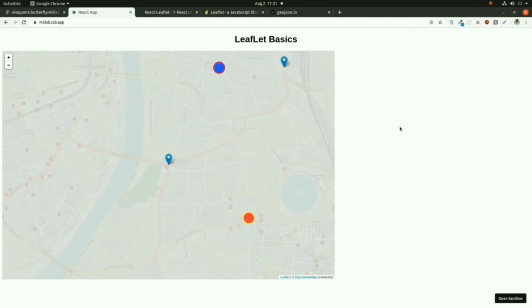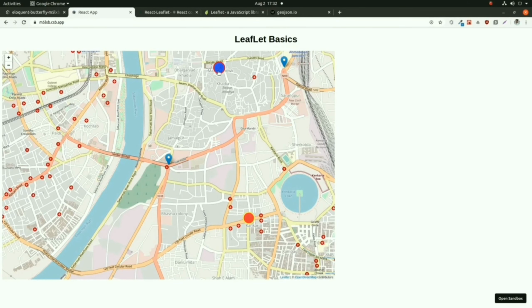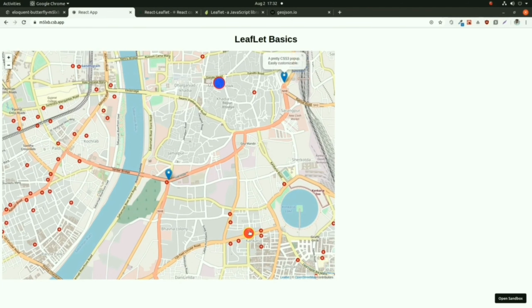Now refresh the page. I can click that circle at the position of Manikchowk. So in this way you can use the marker and the circle marker inside the map.